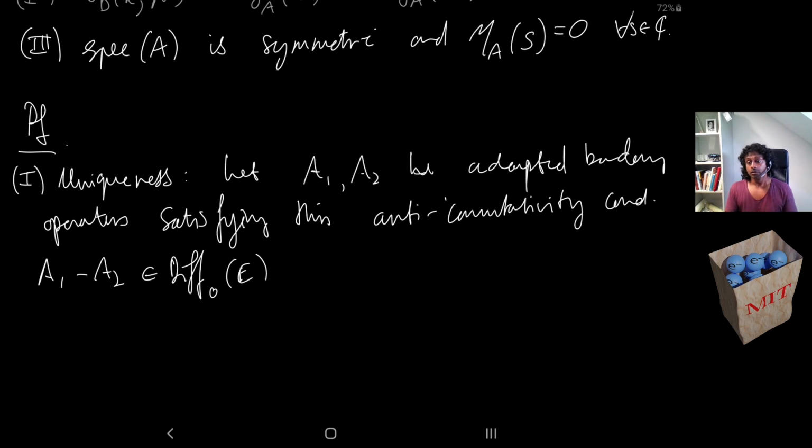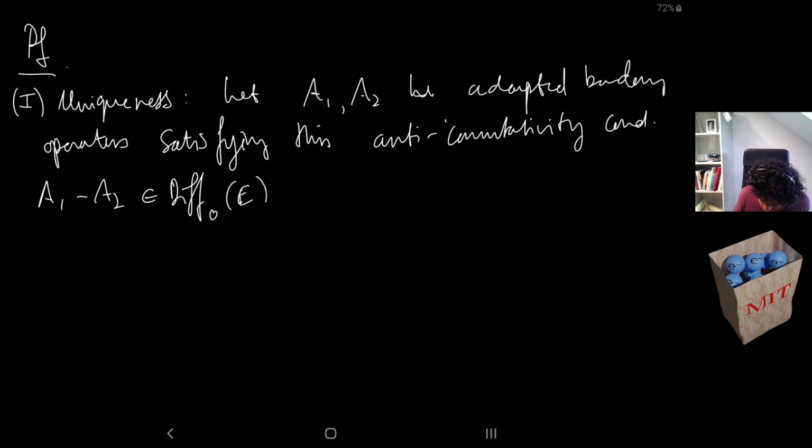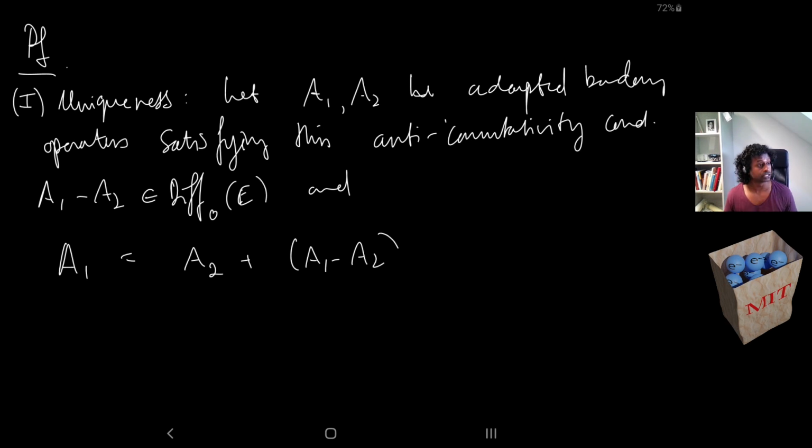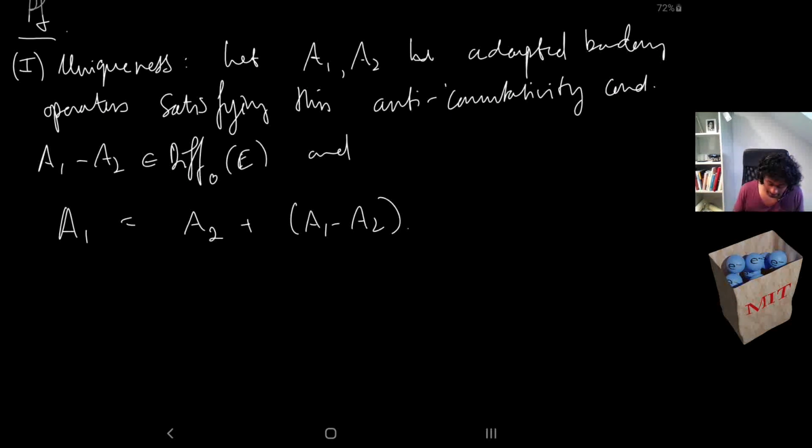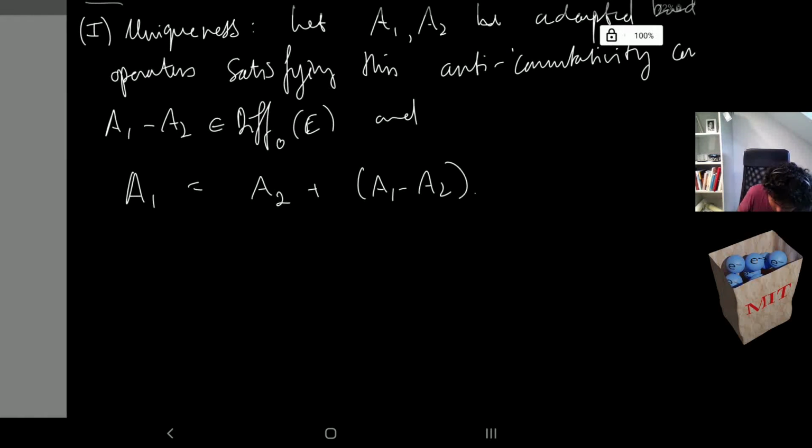So for Dirac type operators, at least in our discussion, we're always going to just consider the normal vector associated to the underlying metric. And so A1 is going to be equal to A2 plus A1 minus A2, and this is now a zeroth order term. Because it's a zeroth order term, A1 and A2 are unique up to the addition of exactly what we claimed. Okay, so for existence,